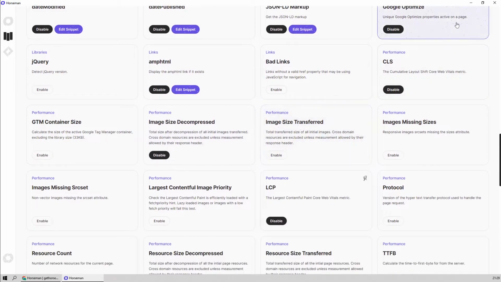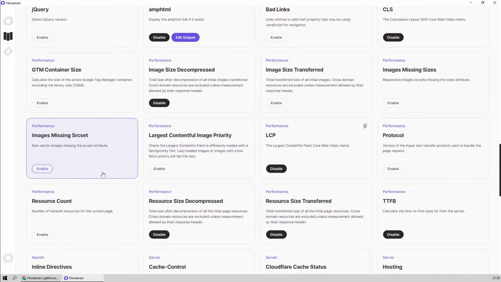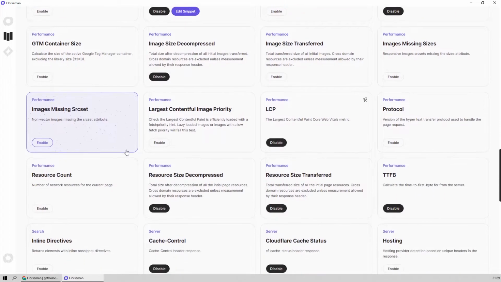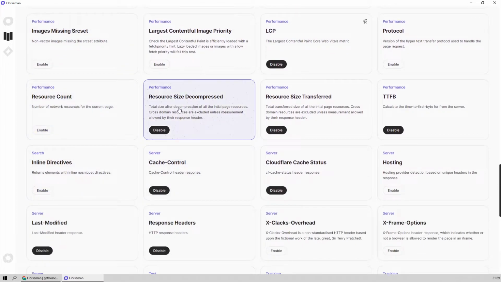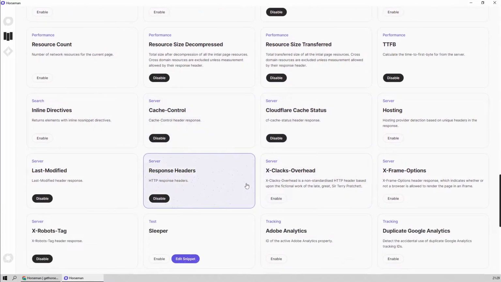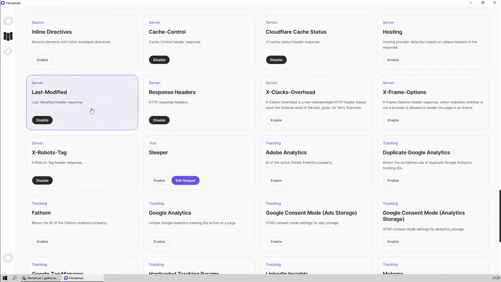What else do we have here? Yes, of course, Core Web Vitals, LCP, CLS. We do have it because we are running a real Chrome underneath. The decompressed resource size and the transferred resource size. We're getting the time to first byte of the server. Then when we're using Cloudflare, we're going to get the cache status as well. We're going to get all the response headers, the last modified response header, X-Robots-Tag, whatever you need to have. There's a lot of stuff already built into Horsemen, and whatever is not built into it, you can do